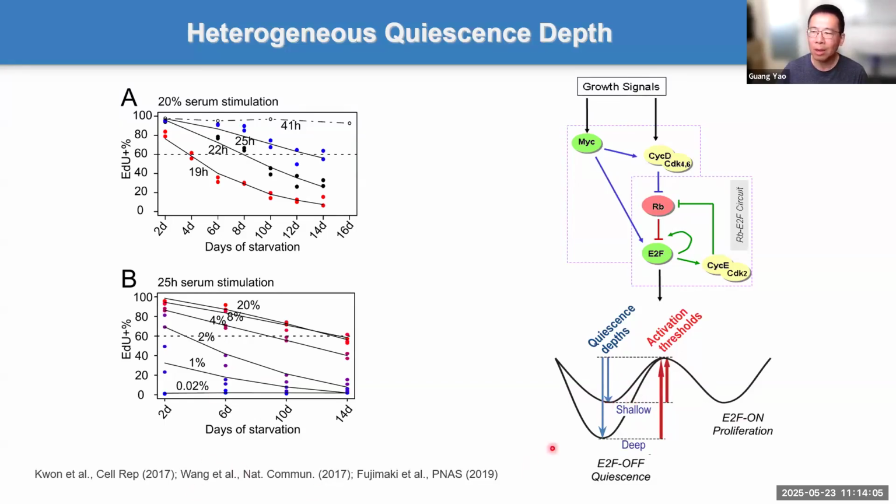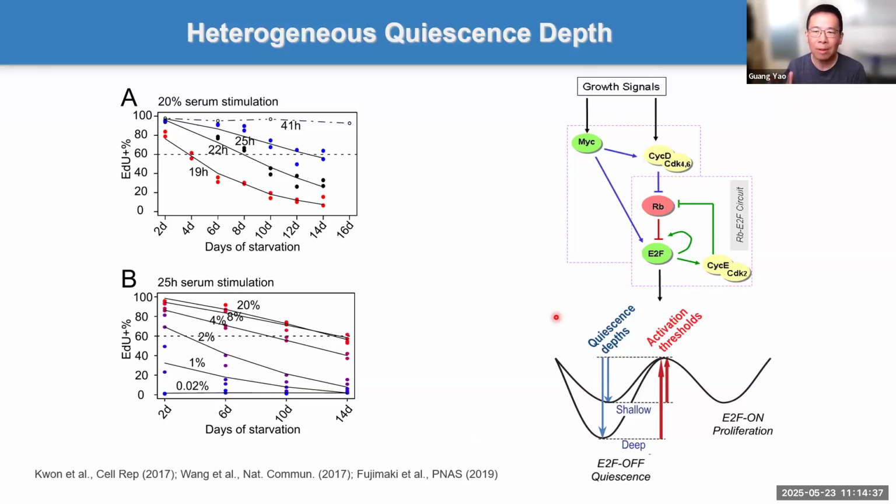So we have shown this in the earlier papers. Basically, a higher threshold to turn on this bistable switch indicates that cells are deeper in sleep. The shallower sleep corresponds to the lower activation threshold of this bistable switch. So I won't get into the details. We already published those in our earlier work. But that's a quick summary.